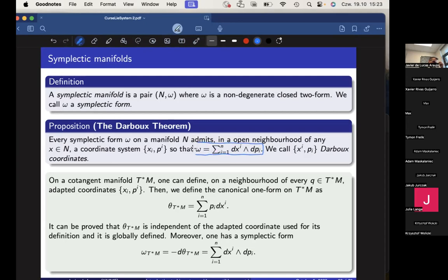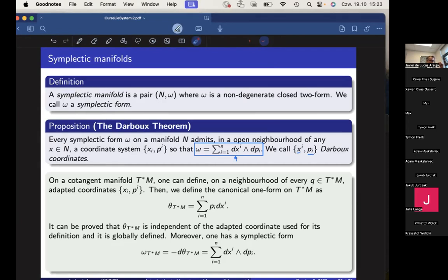Okay, so locally, absolutely all symplectic manifolds look the same way, in the sense that the symplectic form can be written in exactly the same way locally. So it is said that all symplectic manifolds look the same locally, because locally, up to a change of coordinates, there are open subsets of a manifold with a symplectic form given in this manner. These coordinates that allow you to write the symplectic form into this canonical manner given in here are